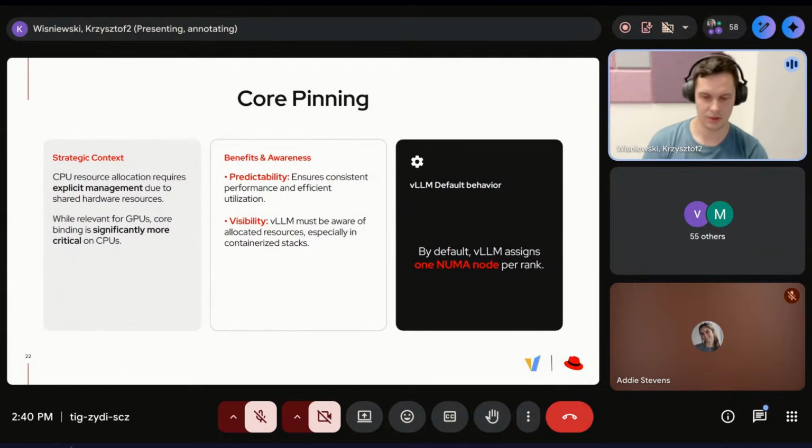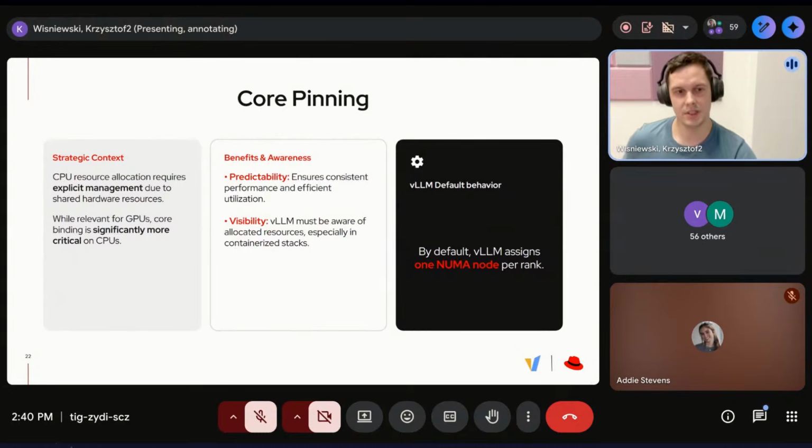And why is that important for running vLLM? Because you can imagine that if you have a GPU with part of the weights on one card, and you try to access it from the second GPU, it will hurt the latency, and we don't want to have that situation in the case of CPU. So that's why we need to explicitly tell vLLM, or the container that is running vLLM, that you can only access those cores, and it will access only the memory that belongs to it.